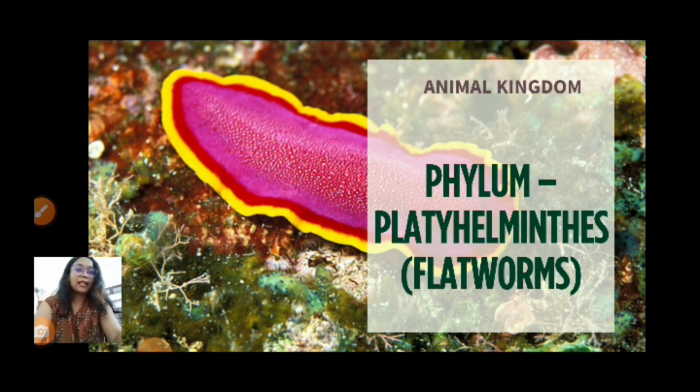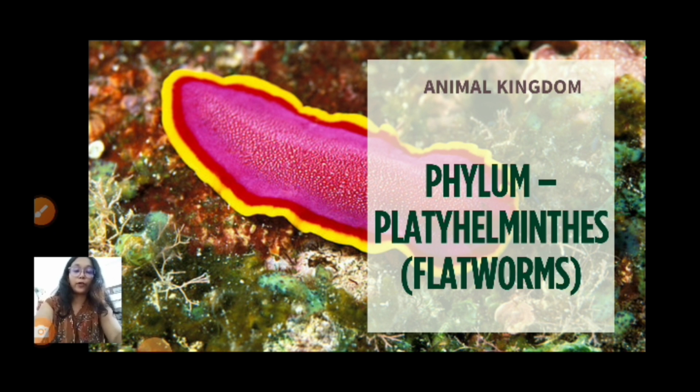So we were doing animal kingdom. This is part 5 of the chapter. We already did phylum number 1, that is Porifera. We already did phylum number 2, that is Coelenterata, and we also did phylum number 3, that is Ctenophora. So today we will be starting with phylum number 4, that is Platyhelminthes, and it is also known as the